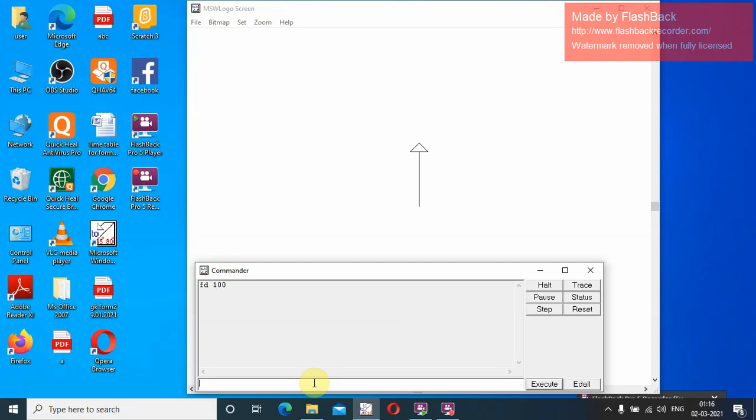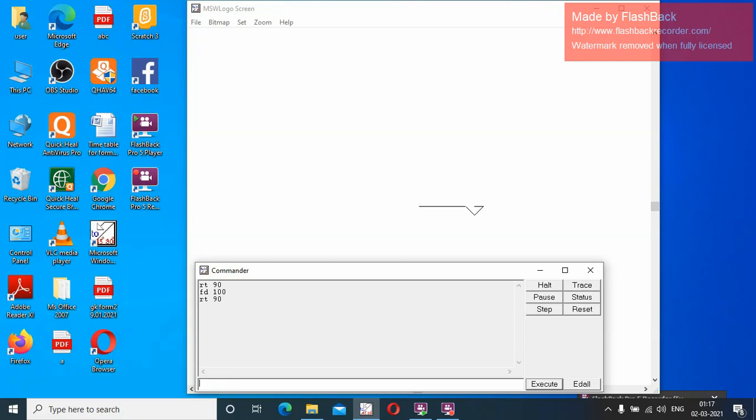I want to draw the parallel lines. CS, CT. Okay, first of all I'll turn the turtle RT90, FD100. Okay, now I want to draw another line parallel to FD100. Okay, let us do RT space 90. Now if I give here FD100, then it will draw a line, right?